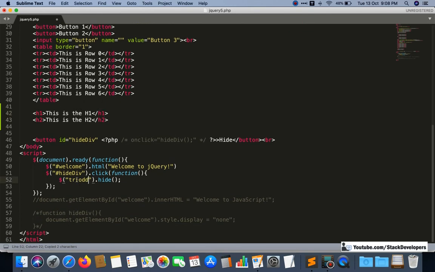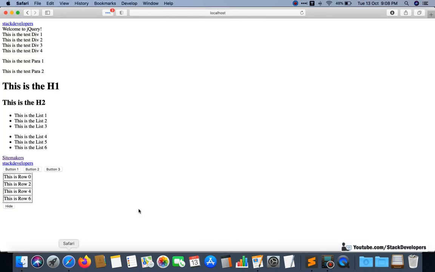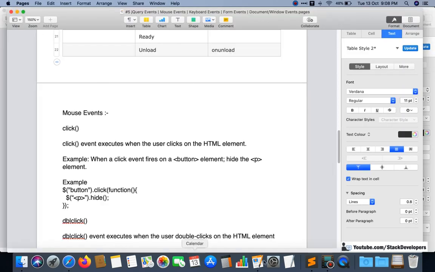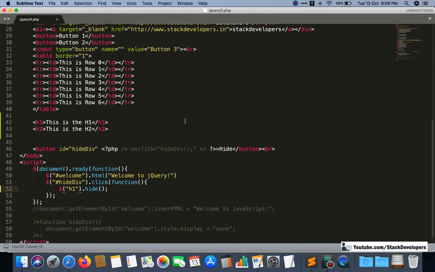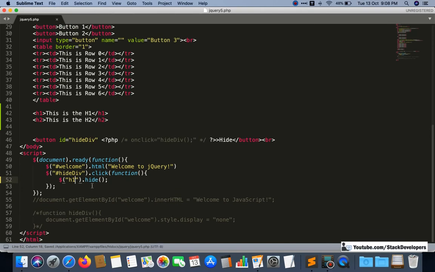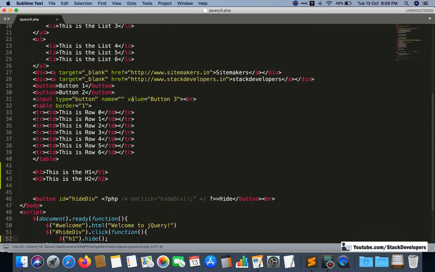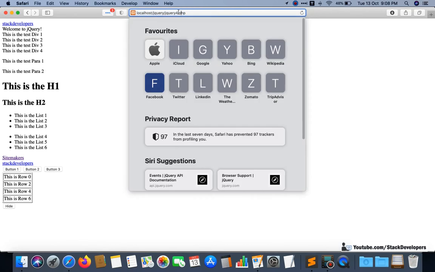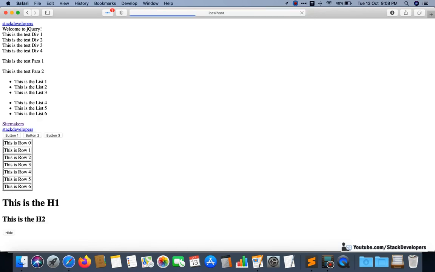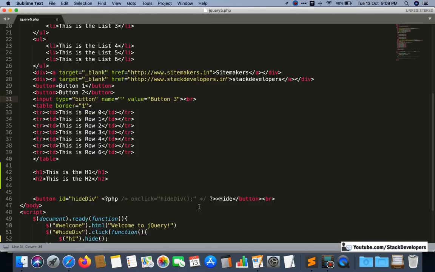So I'm going to do like this, h1 and hide, okay. So see here, like it will hide. This is the h1, this one is going to hide, but see here, jQuery 5, h1 hide. So this is, I'm going to hide. See, this one is hiding the h1, okay.